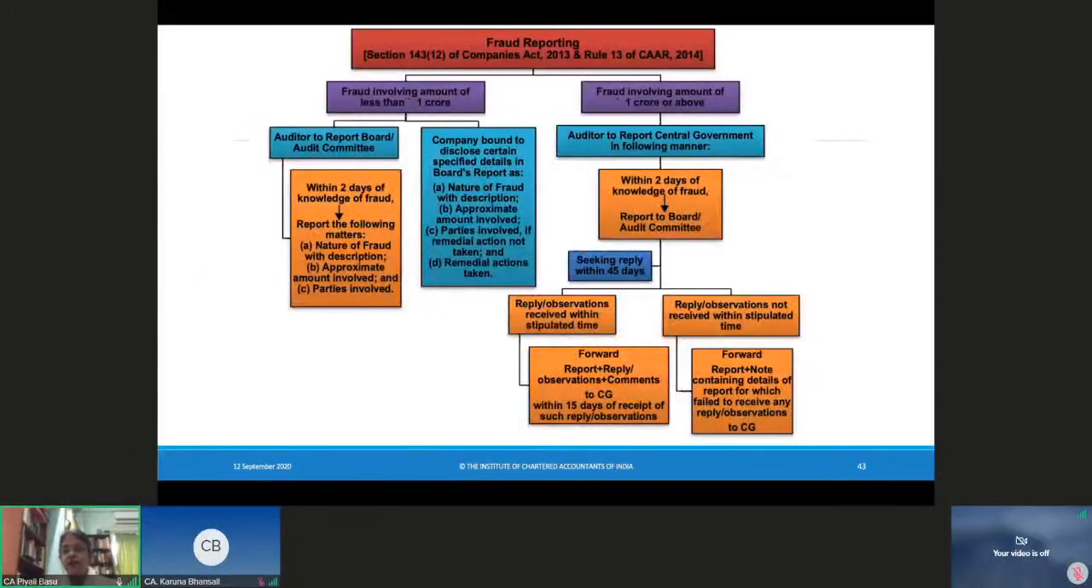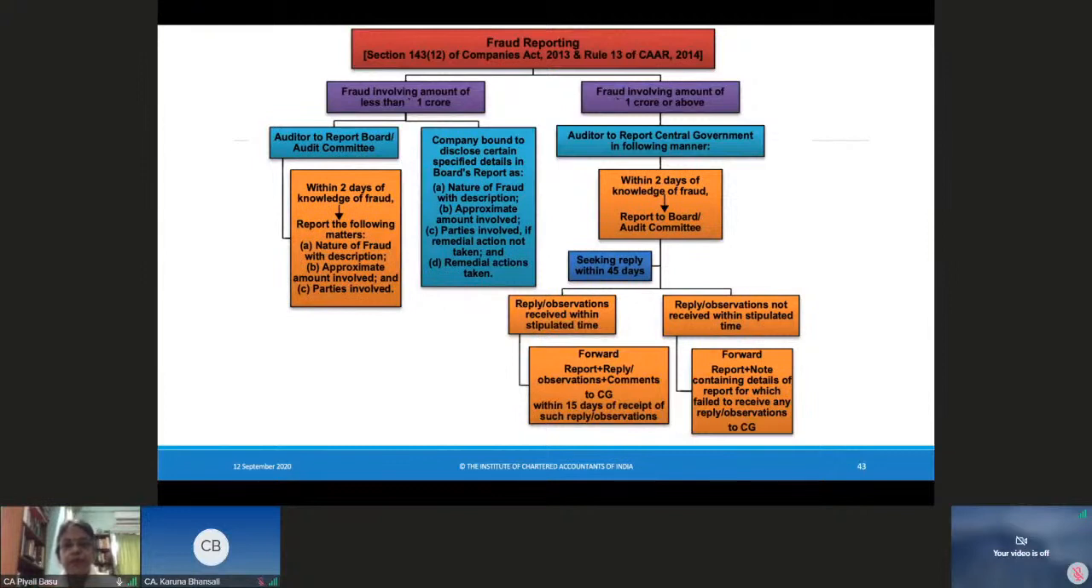So this is just something I picked up from the study material only. Just for your recapitulation for the exam purpose, keep this in mind. Section 143, subsection 12, along with the Companies (Audit and Auditors) Rules, 2014, as amended from time to time. Fraud involving an amount of less than 1 crore has to be reported by the auditor to the board or the audit committee within 2 days of knowledge of the fraud, along with the nature of fraud, description, people involved, and the amount involved. And the company is bound to disclose certain specified details in the board's report